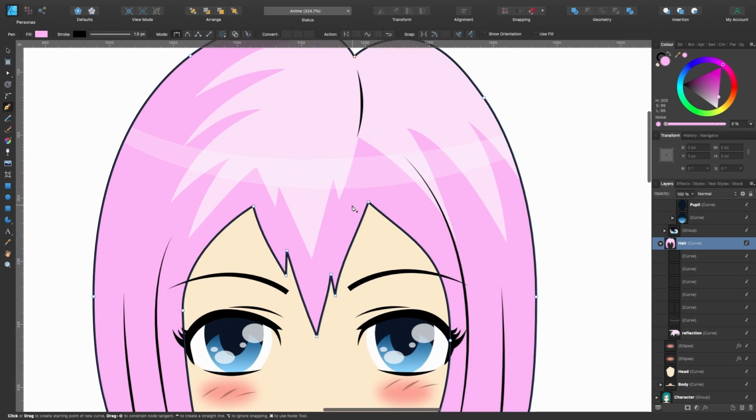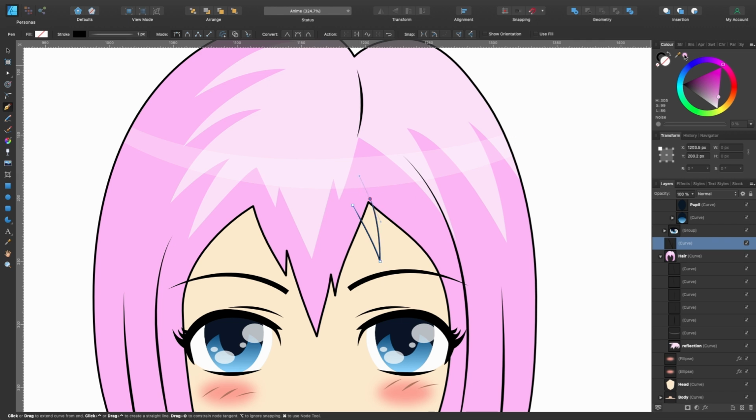And if we wanted to create another strand of hair or some wisps of hair coming out here, just use the pen tool, make sure hair is selected or anything above there. And then we just draw out wherever you want it. So maybe it's like here, make a sharp end. I'll do that for now.